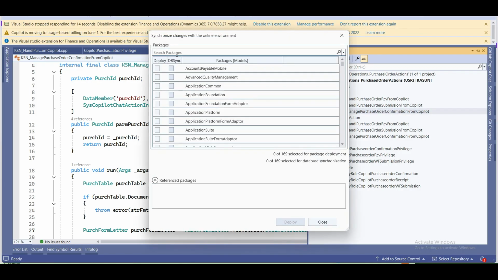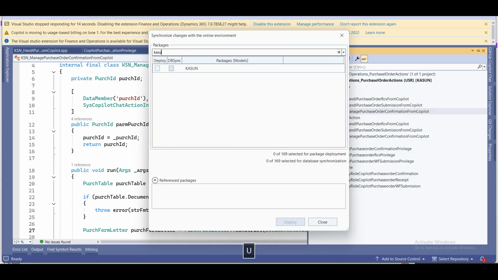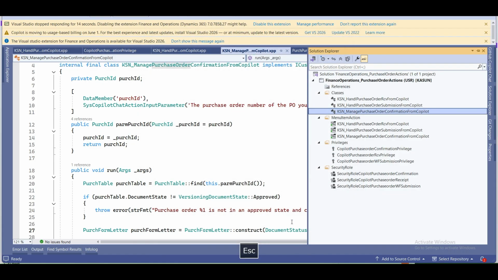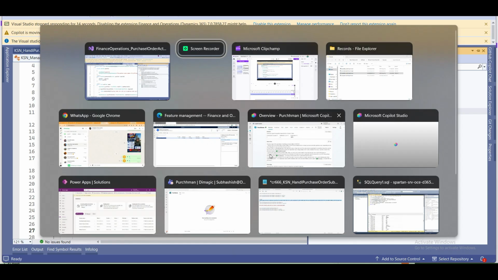So here I'm just going to select the model element which I am going to use. Just ensure that you have selected both the deploy and DB sync, and it's going to take a lot of time. Just be patient. And once the deployment is over, your online environment is going to come back online, and you can resume back to your Copilot Studio and Power Apps. So once this is done, let me take you back to my